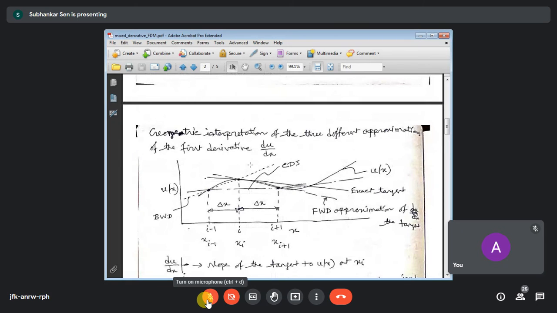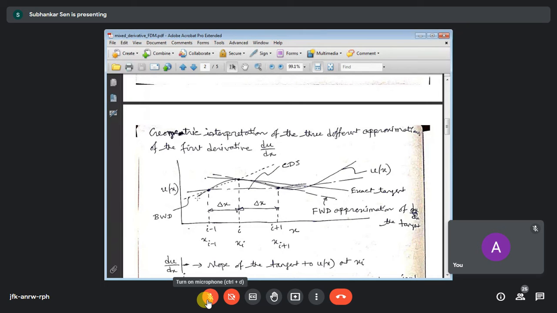Then here we are giving some physical interpretation of what we mean by forward difference, backward difference, or central difference. Just for understanding, we are showing the real or exact curve for this unknown variable. So u(x) is the unknown variable, a function of a single variable x. This curve is the actual curve. You can try to find out that the tangents are all straight lines, other than the curve itself.